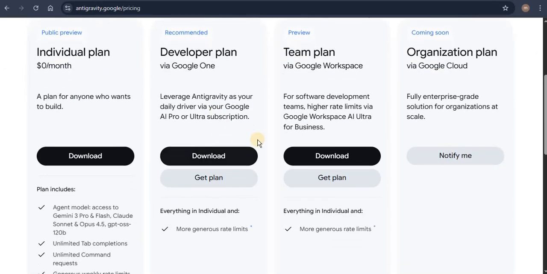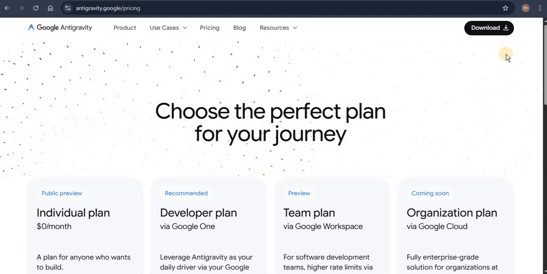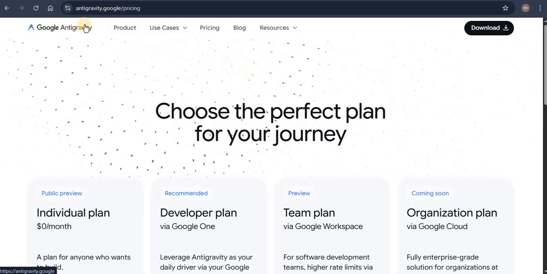And you also have a developer plan. So you have to actually click to get the plan. Team plan. So all these ones are paid. This is free. So you still have a generous weekly rate limit. That's the most important thing you need to know. So going back to